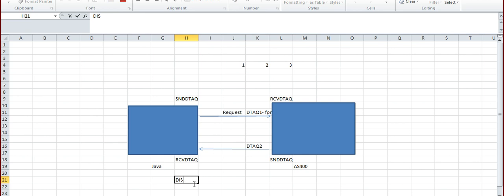DISPLAY, 3, 3, 6 and 7, and then suppose the SSN number I will pass 1, 2, 3, 4, 5, 6, 7, 8, 9, and then I will pass return code as a blank. So I will write B for blank, and then we'll see what all positions we have to take. 1, 2, 3, 4, 5, 6, 7, 1 to 7, 8, 9, 10, 11, 12, 13, 14, 15, 16, 17.